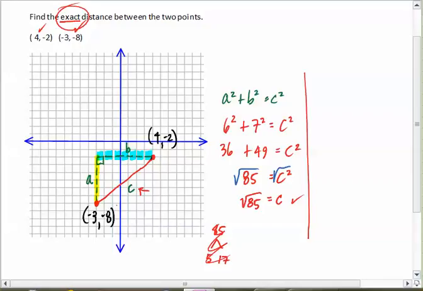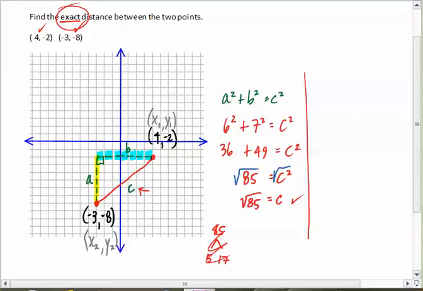Now, once they're labeled, I'm going to go ahead and continue to label them, and I'm going to call this X1 and Y1. In other words, this is my first point, and I'm going to call the coordinates X1, Y1. I'll call this one X2, Y2, meaning that's my second point. Now I want to find the distance between those 2 points. Well,